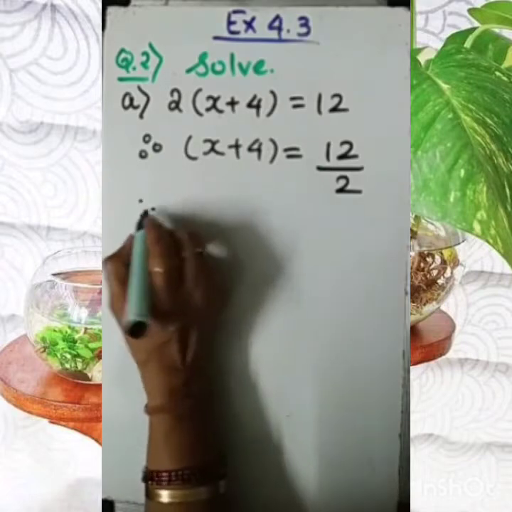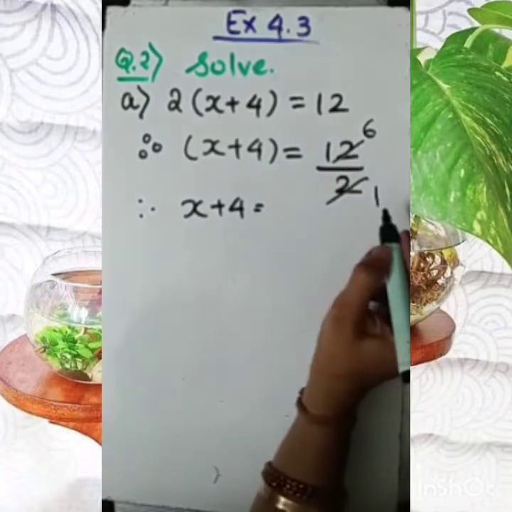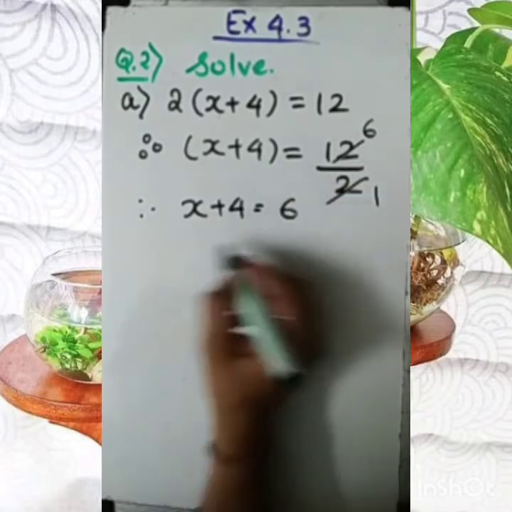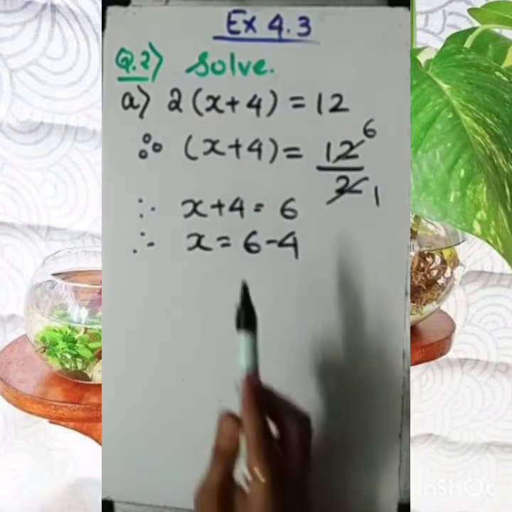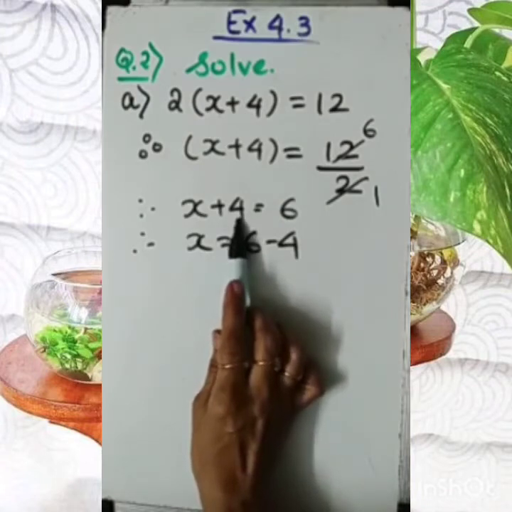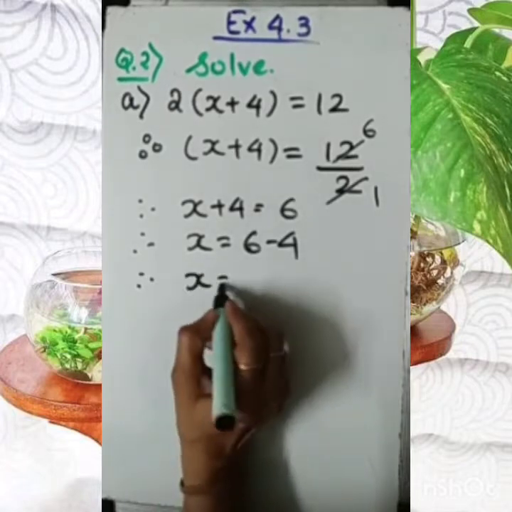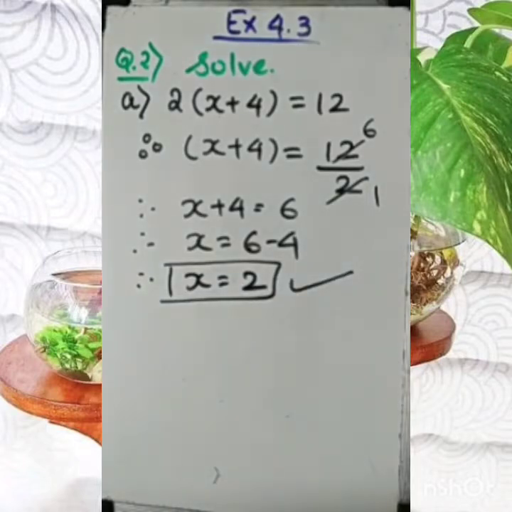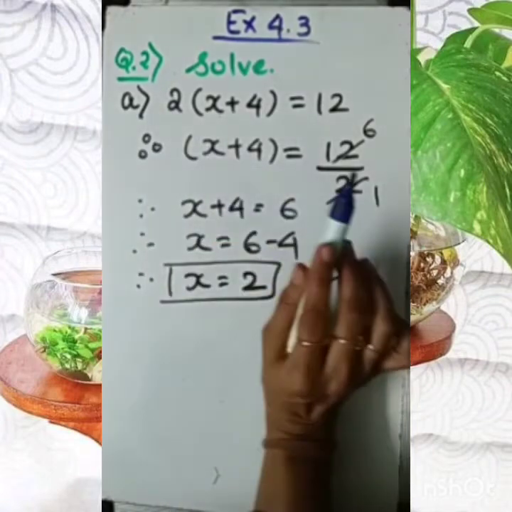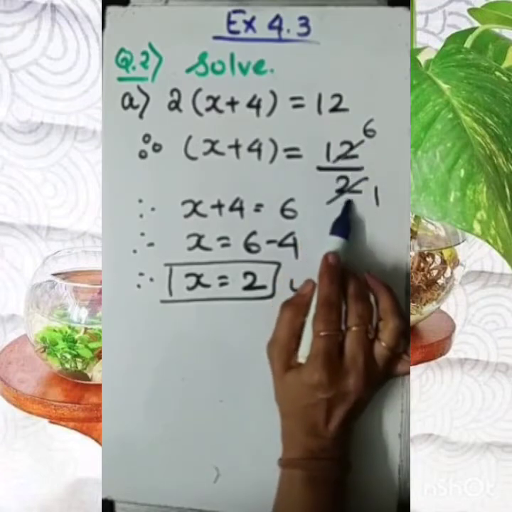So as you know very well, if we divide this 12 by 2, 2 ones are 2, 2 sixes are 12, so x plus 4 equal to 6. Therefore x equal to 6 minus 4. How have I done this? This plus is shifted to this side, so that becomes minus 4. So x equal to 6 minus 4 is only 2. So dear student, the solution for the first is 2. Very easy. This 2 I have brought to this side, and it becomes divide. 12 when divided by 2 gives the result 6.